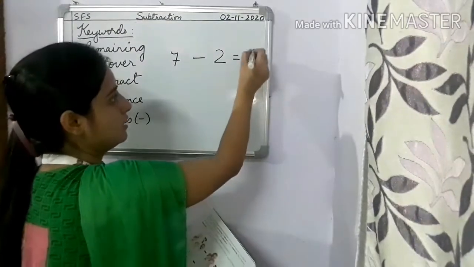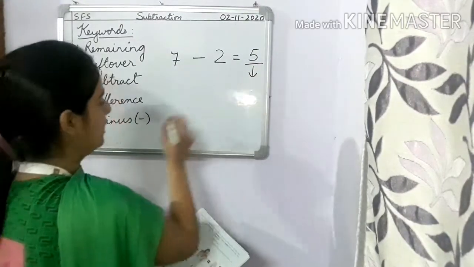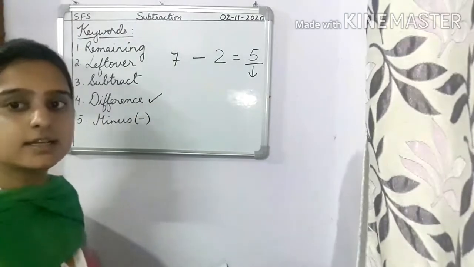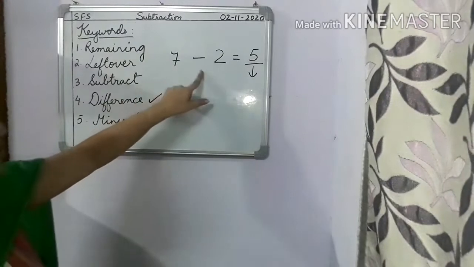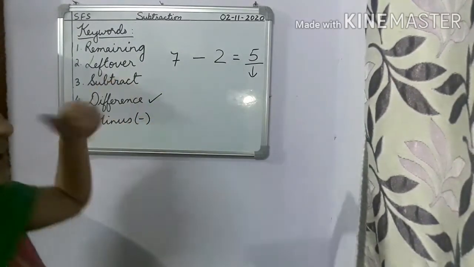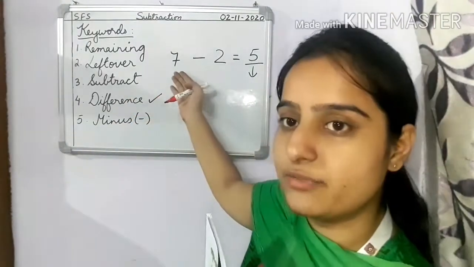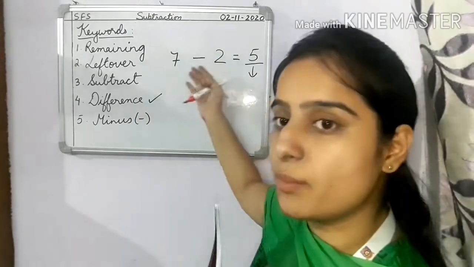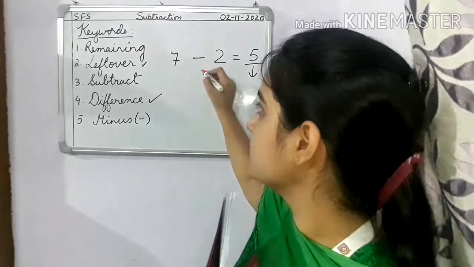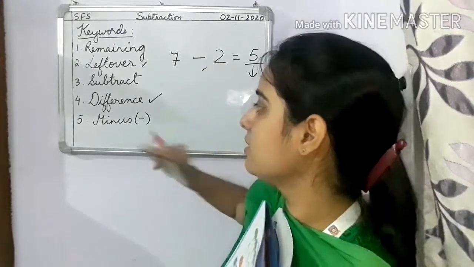5. Now, what we did here is subtraction. And the answer is called what? The answer is called difference. Okay, we did subtraction and the answer is difference. We use the word leftover. How many are left? If I say there were total 7 chocolates, if I eat 2, how many are left over? So when the word leftover is used, that means you are going to do subtraction. And to do subtraction, children, we use the sign minus.